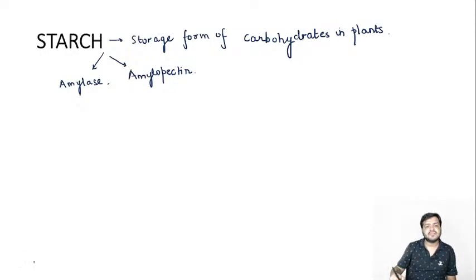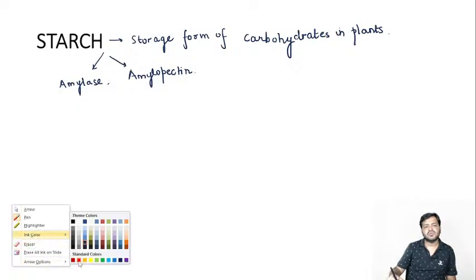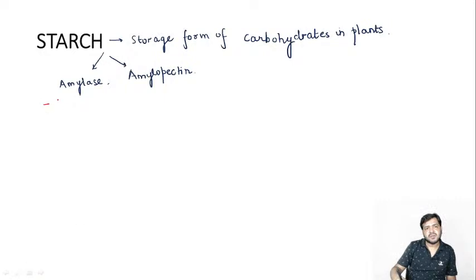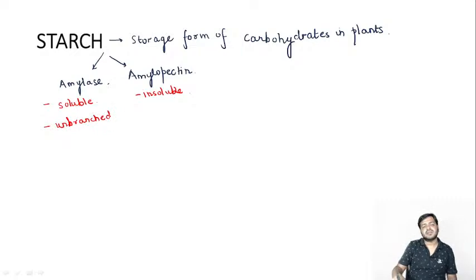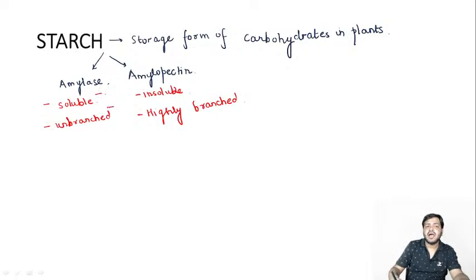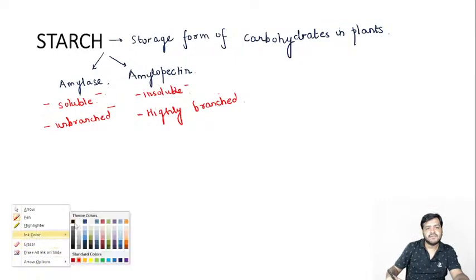Now what is the basic difference between both the structures? From your previous knowledge, you should remember that amylose is basically soluble and amylopectin is basically insoluble. Amylose is an unbranched structure, whereas amylopectin is a highly branched structure. So amylose is soluble and unbranched. Amylopectin is insoluble and highly branched. So you can very well remember that we have the,